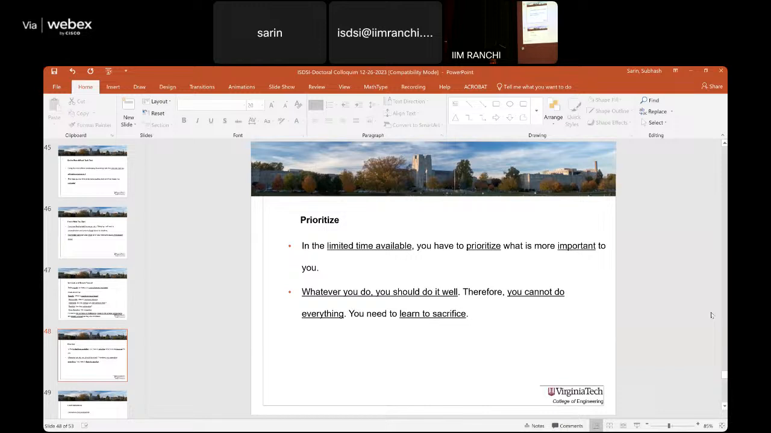Prioritize your things. In the limited time available, you have to prioritize what you find to be more important. Whatever you do, you should do it well. Okay? That's important. You cannot do everything, therefore, you need to learn to sacrifice. And that's one good lesson that you could teach yourself, and that is you can't accept everything that'll come your